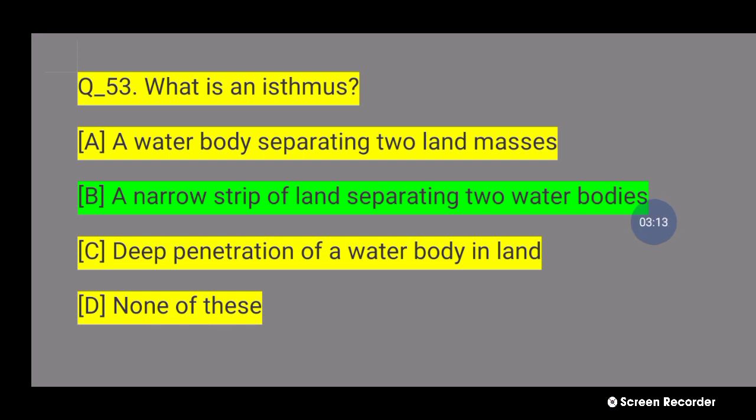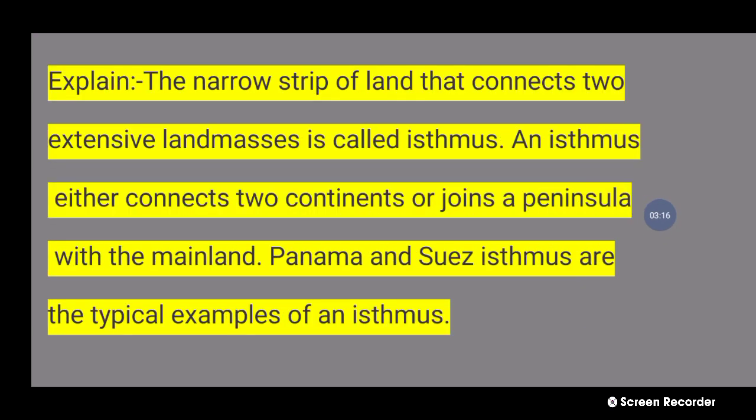Next question, 53 number question, explain. A narrow strip of land that connects two extensive land masses is called an isthmus. An isthmus either connects two continents or joins a peninsula with the mainland. The Panama and Suez isthmus are the typical examples of an isthmus. Next question,